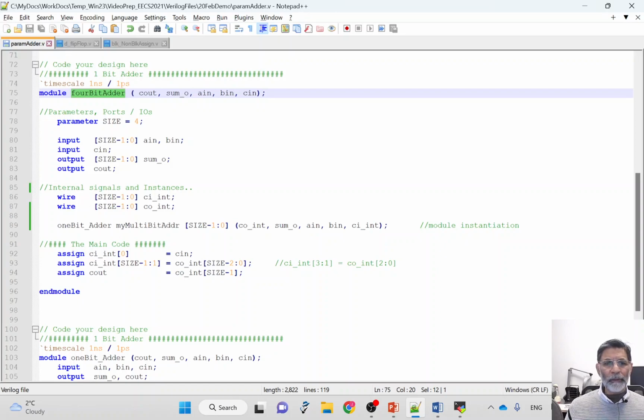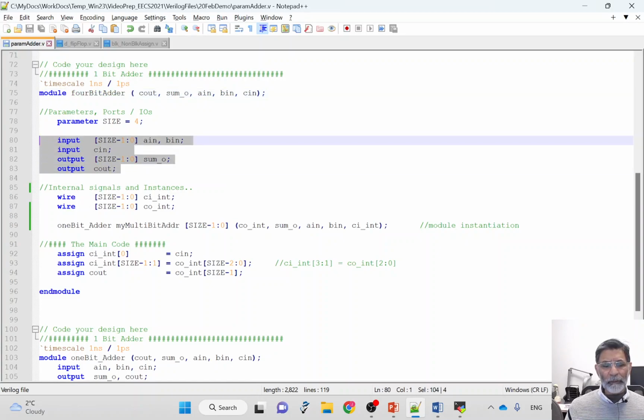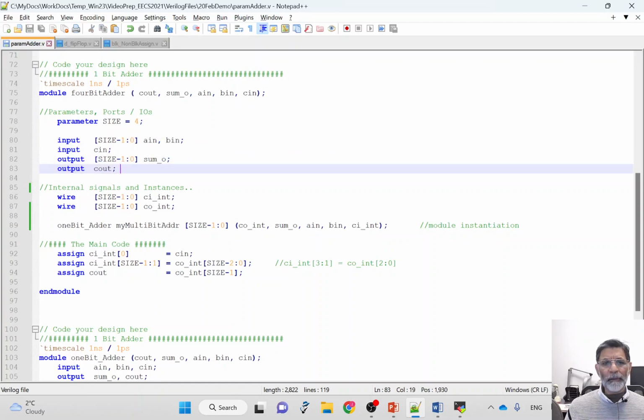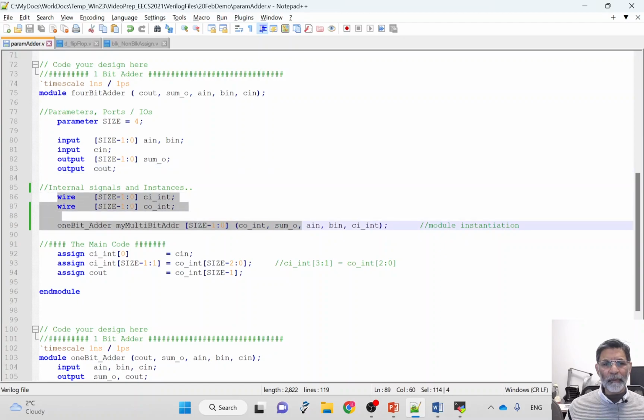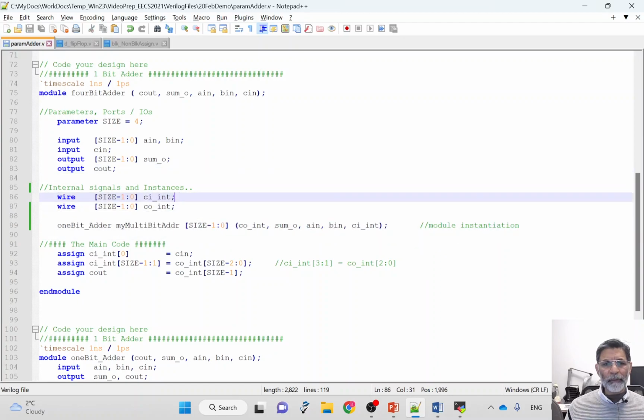Here we have to define the parameter size, and then we define which ones are our inputs and outputs, their sizes, their names, and these are the internal signals and instances. So why do we have these internal signals? Because we are going from a single bit adder to a 4-bit adder, we need some internal carry ins and